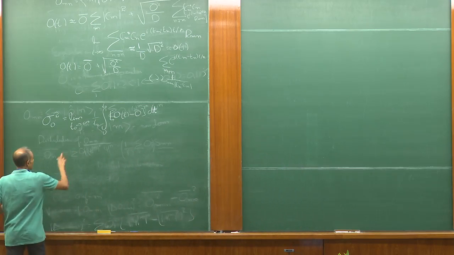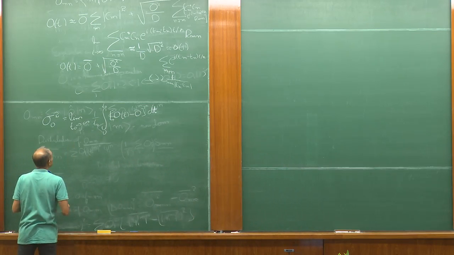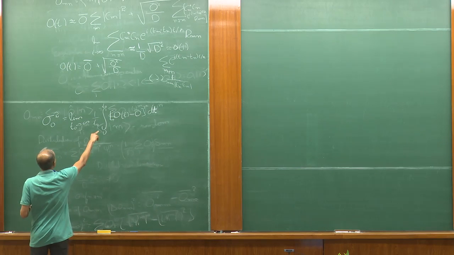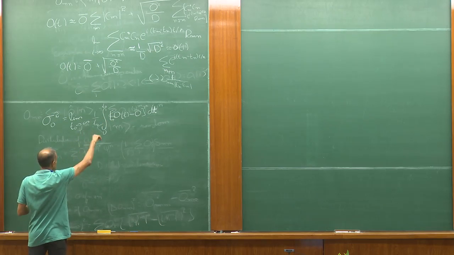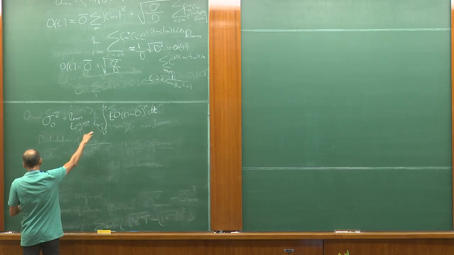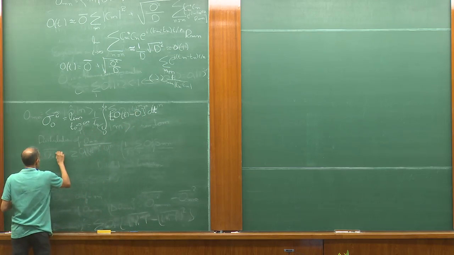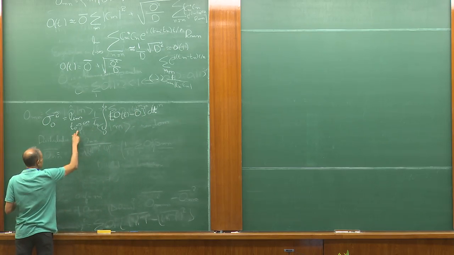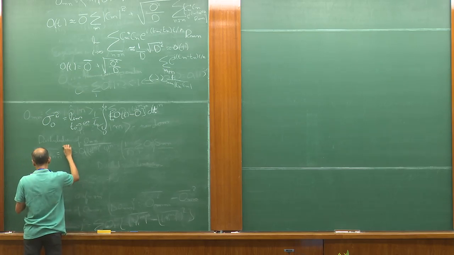Okay, so let's just calculate this. We have everything that we need to calculate this. We have this expression for O of t in terms of the matrix elements of O and the C_m's and the C_n's and everything. So let's stick that in. We also know what O bar is. So when you stick all those expressions into the right hand side, what you'll end up getting is the following expression: